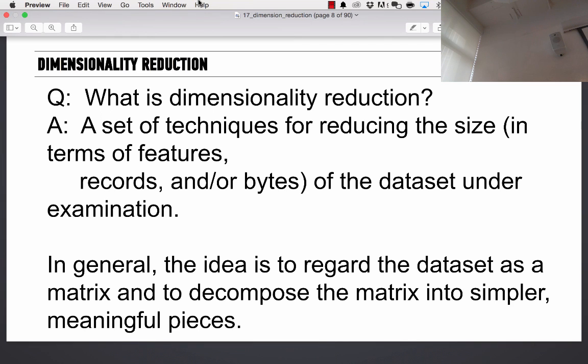Because we are going to regard our data as nothing more than a matrix of numbers. And if you've taken linear algebra, the point of dimension reduction is to take this matrix and make it smaller, simpler, easier to work with. That, in terms of machine learning, reduces the number of features.